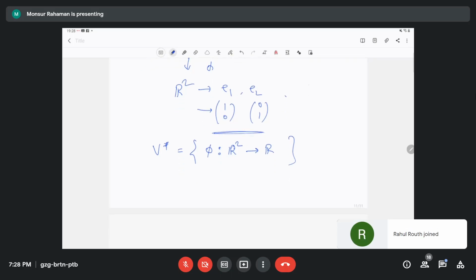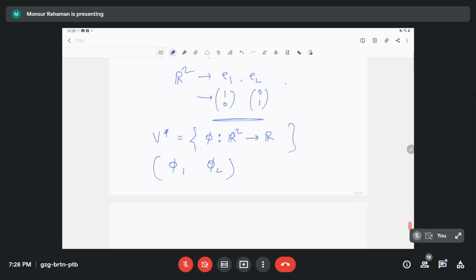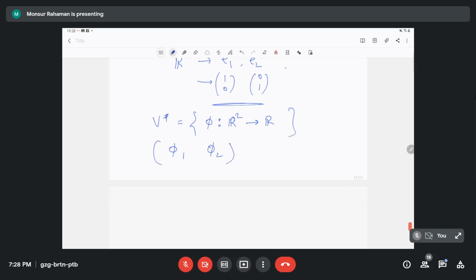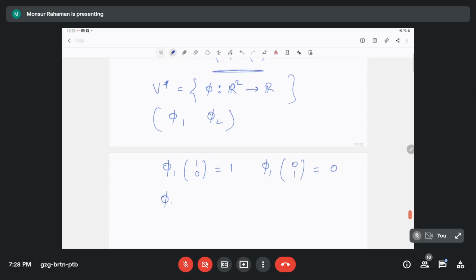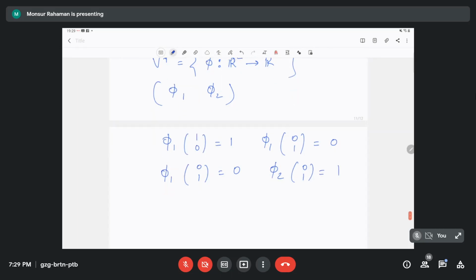So claiming this phi 1 and phi 2 is a basis of V star, defining that phi 1 (1,0) will result 1 and phi 1 (0,1) will result 0, and phi 2 (1,0) will result 0 and phi 2 (0,1) will result 1, because it is phi 1 E1,